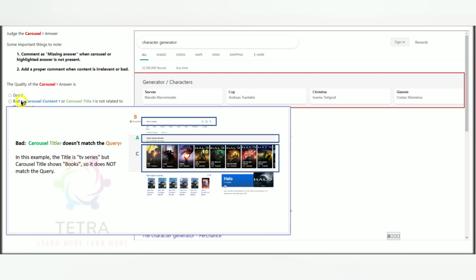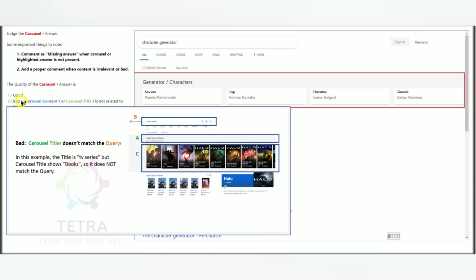In this example, the title is TV series. You can see the title is TV series, but the carousel title shows books. So it does not match the query. Always remember, choose bad, the second option, when the title doesn't match the query.